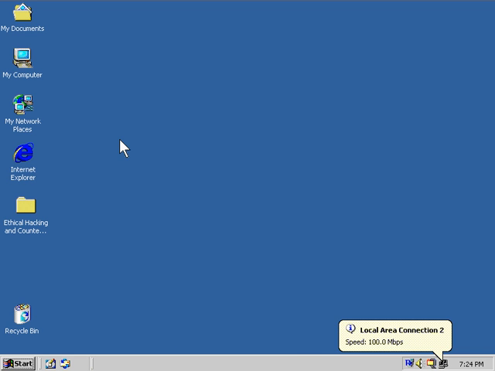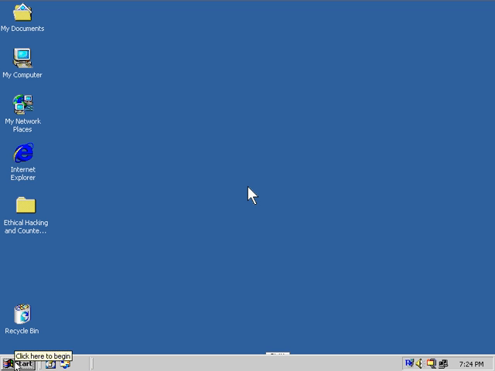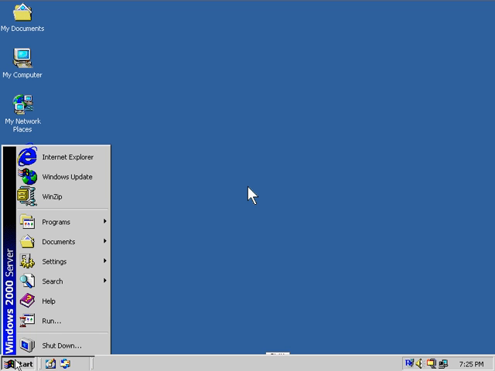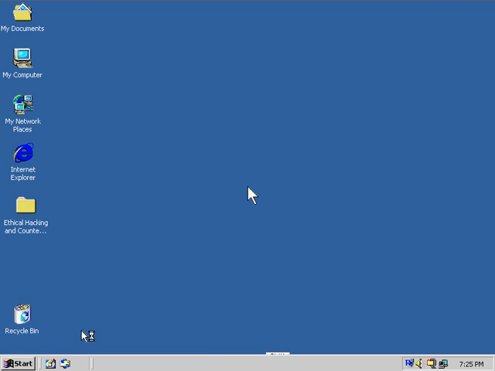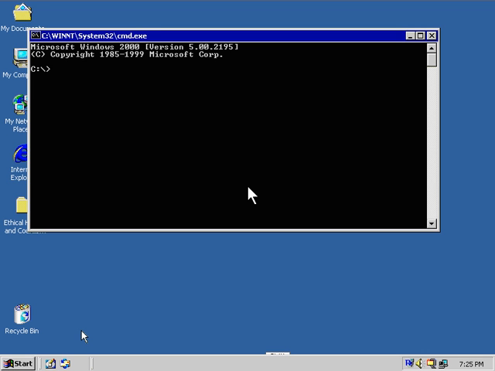Okay, so now that we've learned how to create a null session, let's go ahead and take a look at some of the different things we can do. We're going to use a tool here called dumpsec. Before we do that, we have to create a null session. So the first thing, let's call up a command prompt. And then once we get the command prompt, we'll establish our null session, and then we'll run